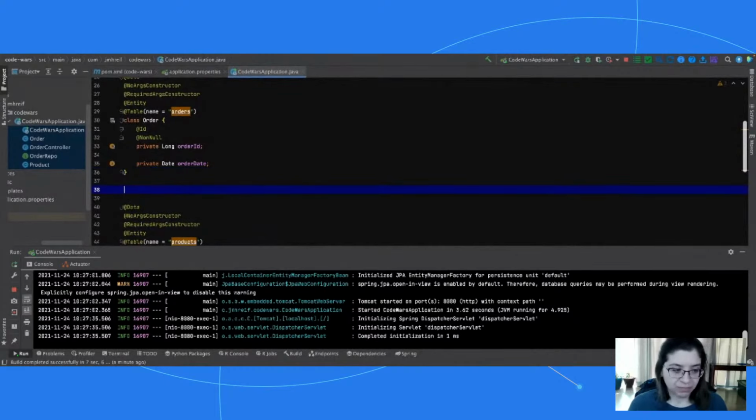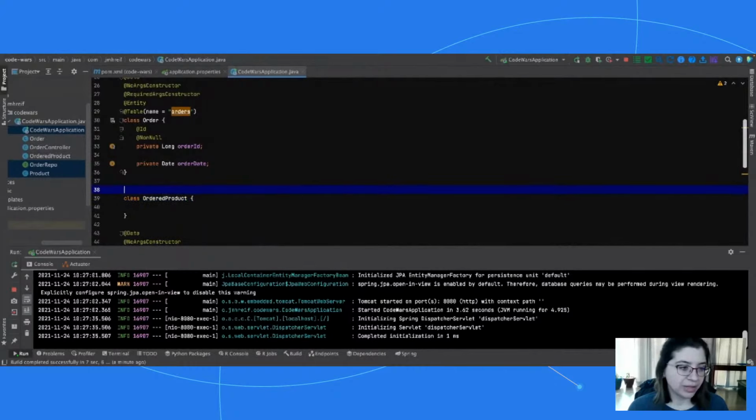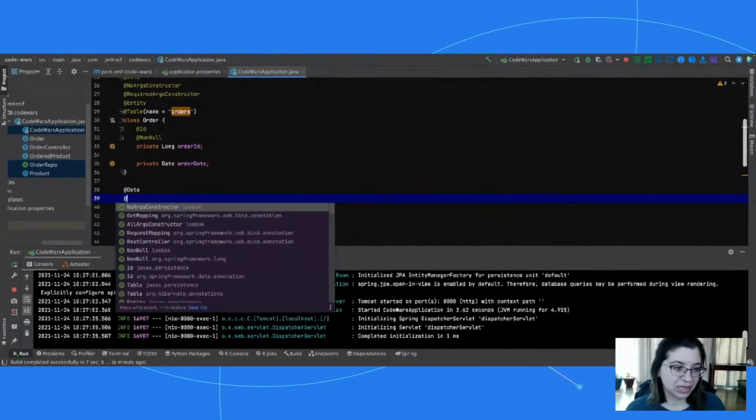Let's go ahead and do that. We're dealing with a relational database, so we have that associative entity or join table in the middle. So we need to define that. We have our class. We're going to call this OrderedProduct. And then same thing here, we have @Data, @